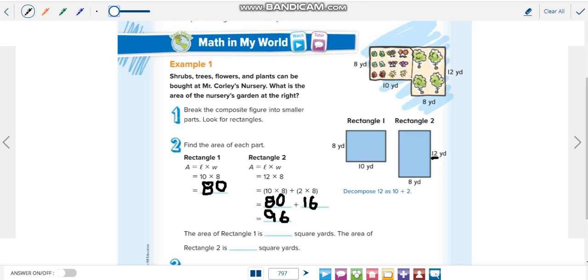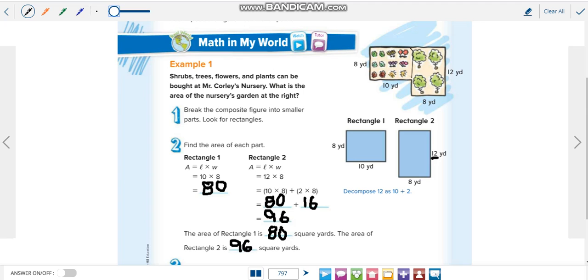So the area for rectangle number 2 is 96. The area of rectangle 1 is 80 square yards. Remember, YD means yards. The area of rectangle number 2 is 96